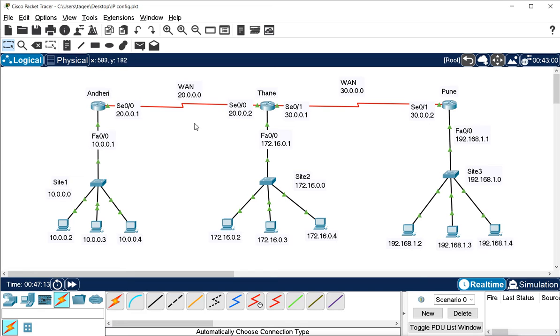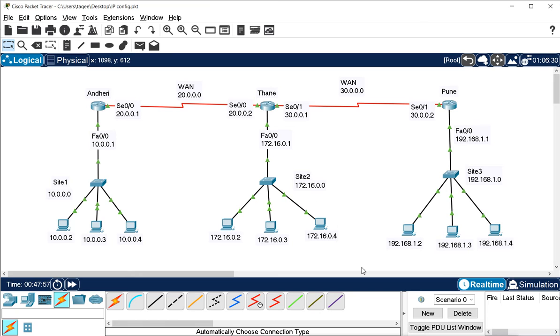So static routing is very fast as compared to dynamic routing. But the problem comes when you have a big network. It is very good for a small network and also for a backup network, but it is not good for a big network. The first problem is manageability. It is not easy to manage a big network, and whenever any change comes, you have to manage it manually. One more problem comes when your design changes, or you face some downtime, or your network disconnects. Then it will not take alternate paths automatically.